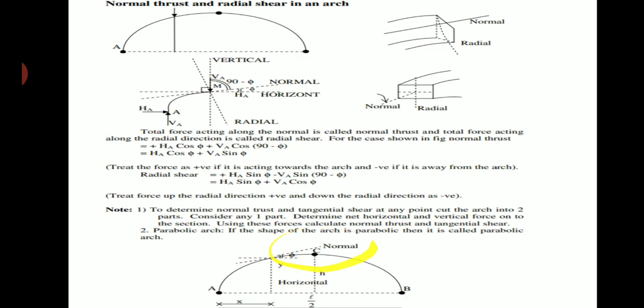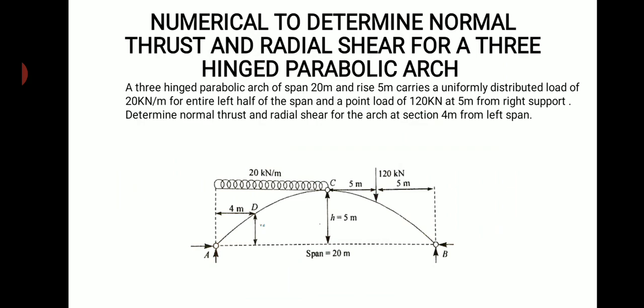The normal thrust is represented in this direction, and the radial shear will always be perpendicular to the normal thrust. So, coming to a numerical to determine the normal thrust and radial shear for a three-hinged parabolic arch here,